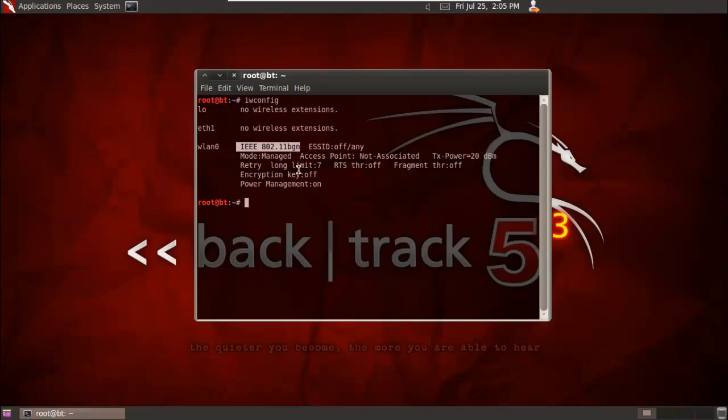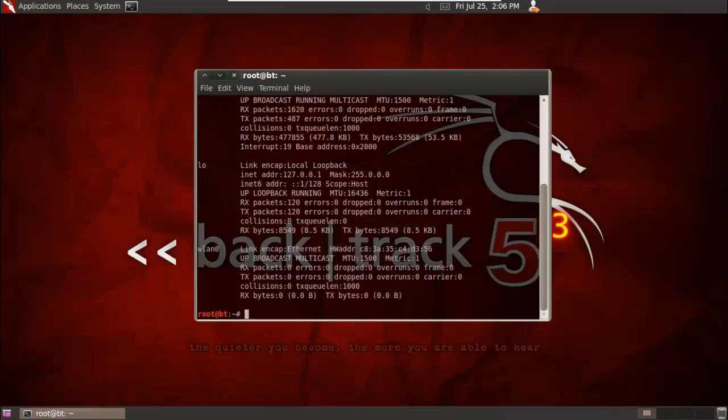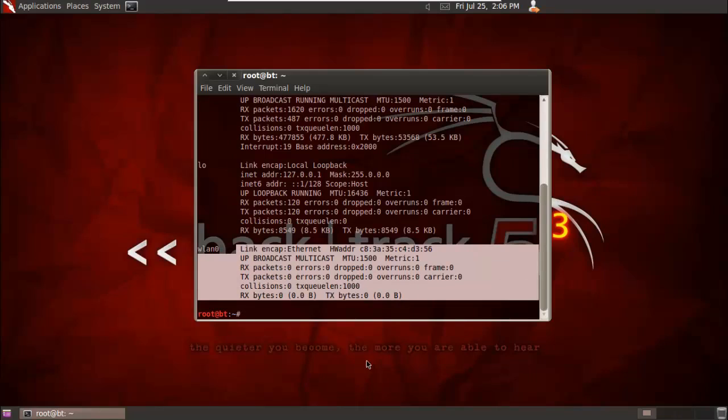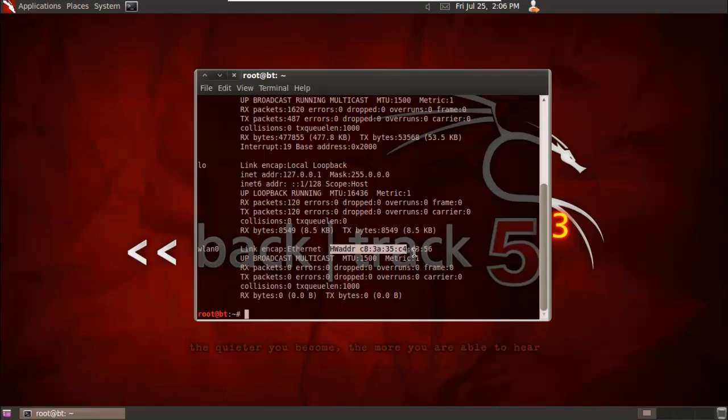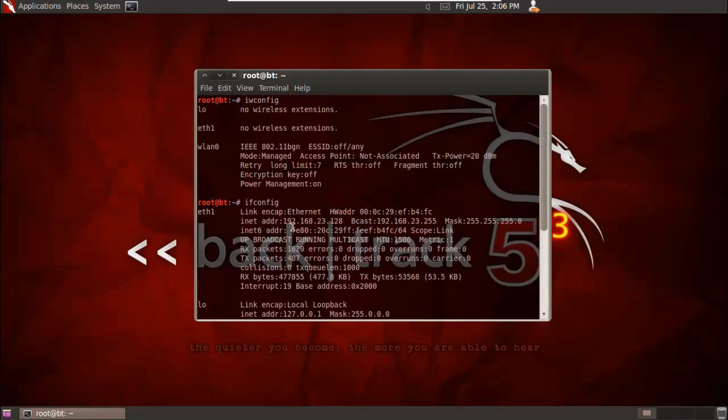In this way we can confirm that the wlan0 interface is a Wi-Fi interface. I can also confirm it with ifconfig, which now shows the Wi-Fi device with more information, like the hardware address, that is the MAC address, and these are the other options you can check out. This is our local IP address,